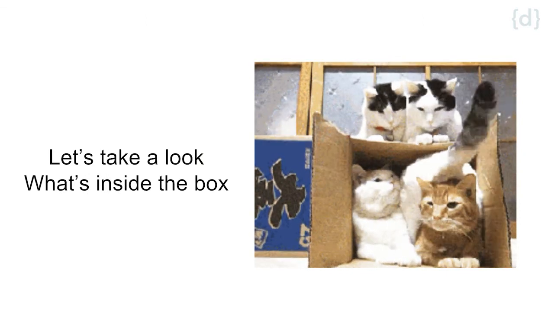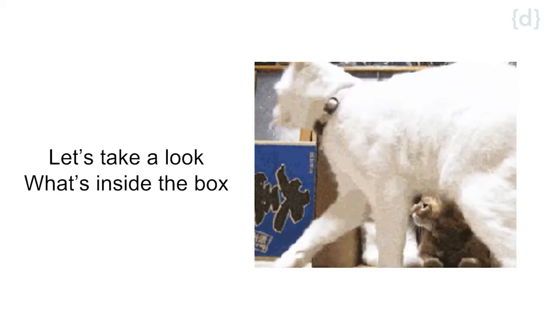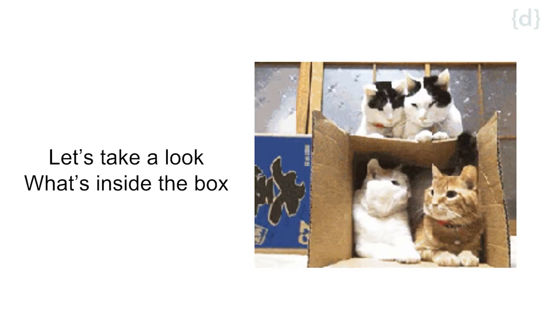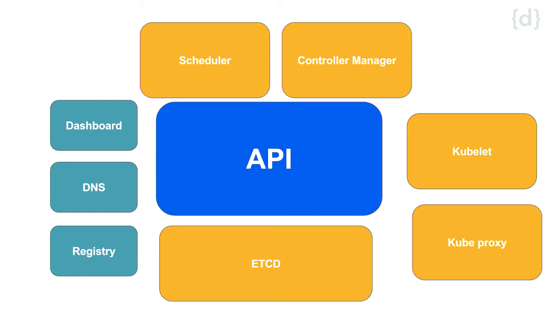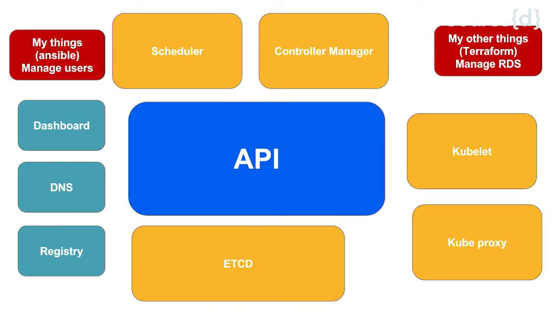So let's look at what is inside of the box, right? Let's look a little bit at what is Kubernetes and what we have inside. Cats. So this is Kubernetes. Big picture, we have an API, and then we have state stored in etcd. We have the scheduler, the control manager, and the kubelet. These three guys are the ones who basically do the heavy lifting on running my systems. Then we have the kube proxy that allows me to access different things and other tools, which is good. That's a really good platform to build.